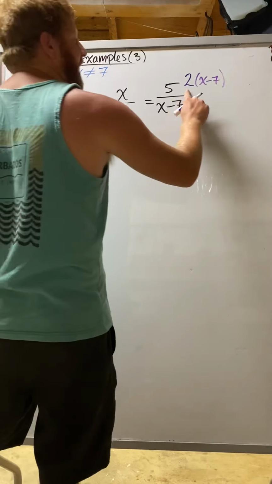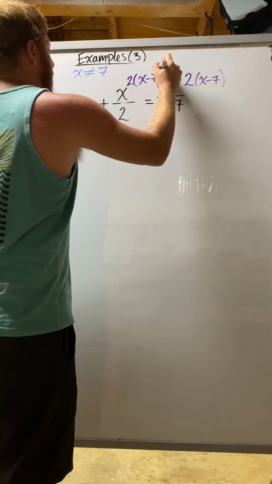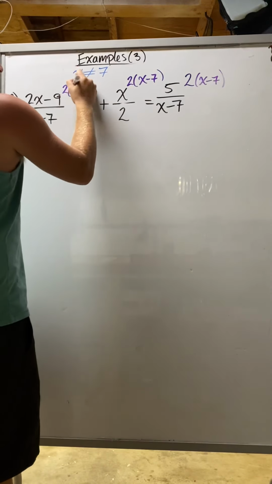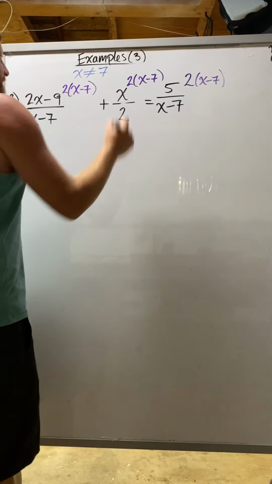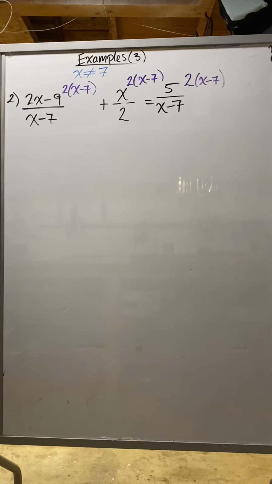So this is what we're going to times all of our terms by. A 2 and an x minus 7. A 2 and an x minus 7. Now, once you know what you're timesing everything by, we hope that all of our denominators cancel out and whatever's left is left, and we'll just